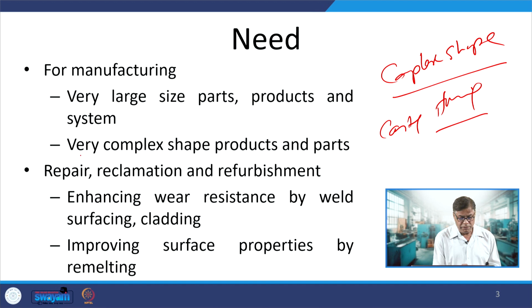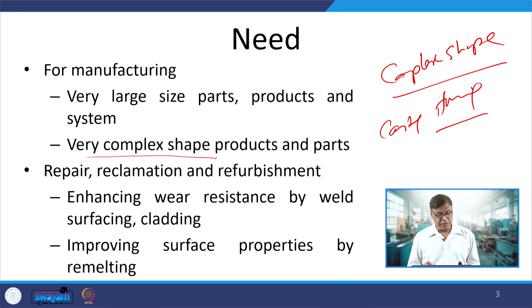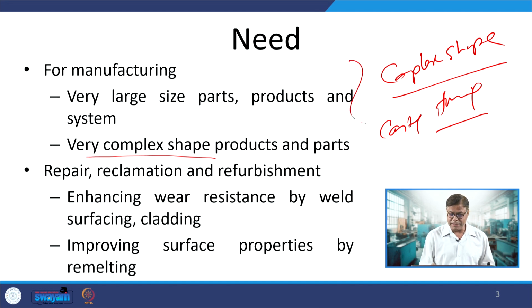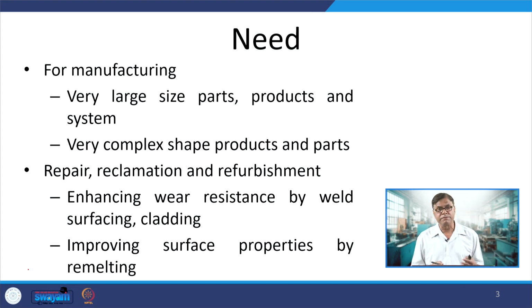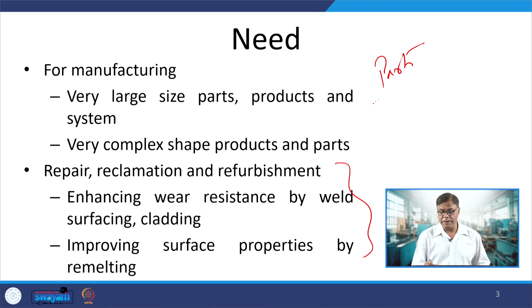Then what we do, we use the joining. So, joining for manufacturing very complex shape products and parts. So, this is as far as these two are the broader purposes for which the joining or the welding is used. But there is another set of purposes where there is already a part, but the part has